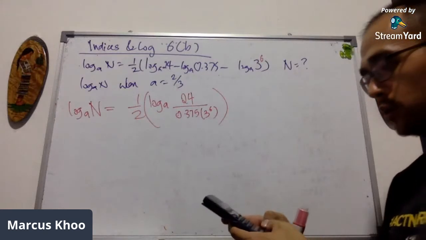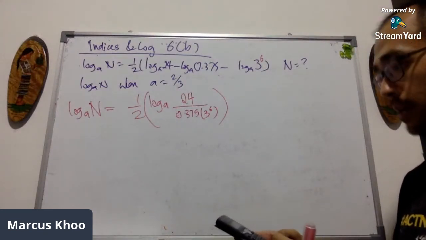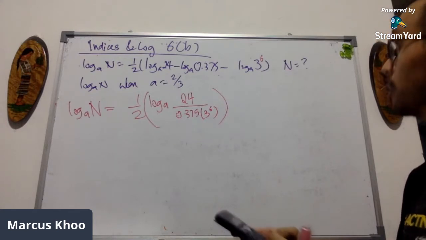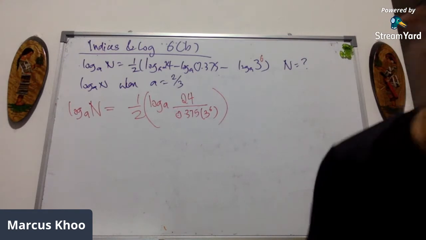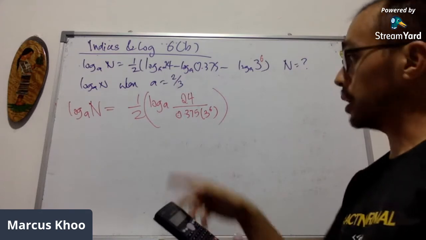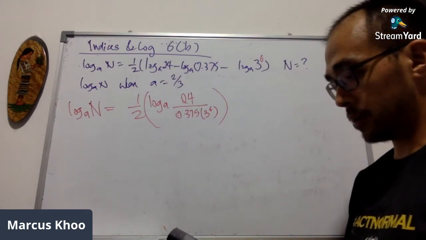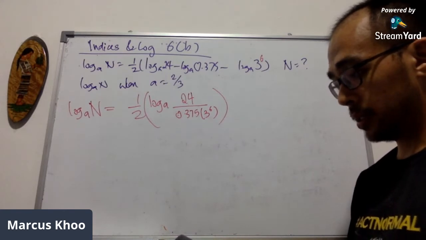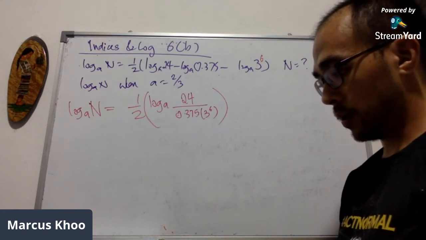Okay, so this will be 24 divided by 0.375 times 3 to the power of 6. Am I getting this right? 3 to the power of 6. Yeah. Sorry. Okay, 24 divided by 0.375 times 3 to the power of 6. Okay, so this will be about